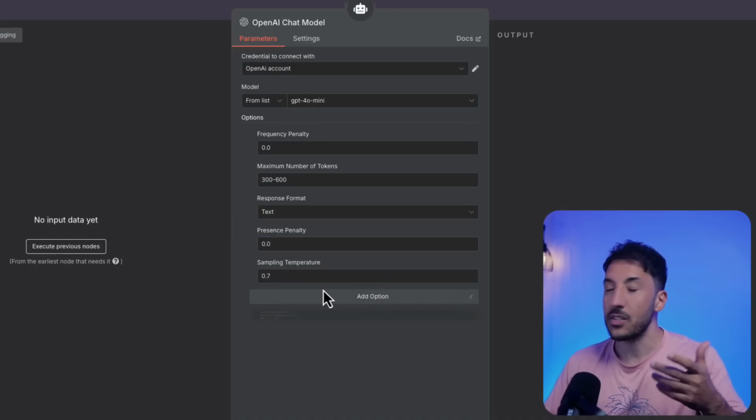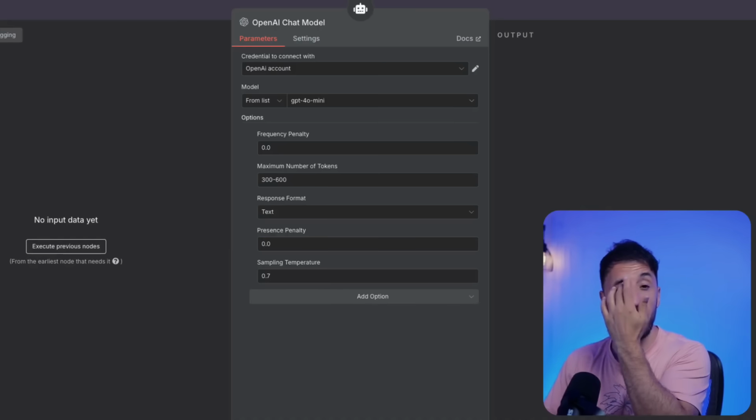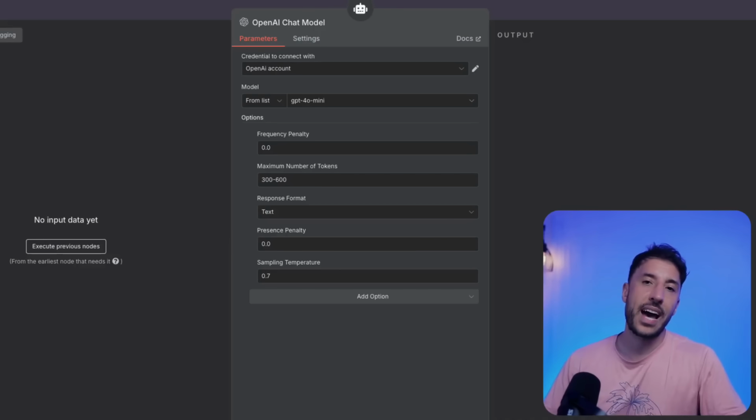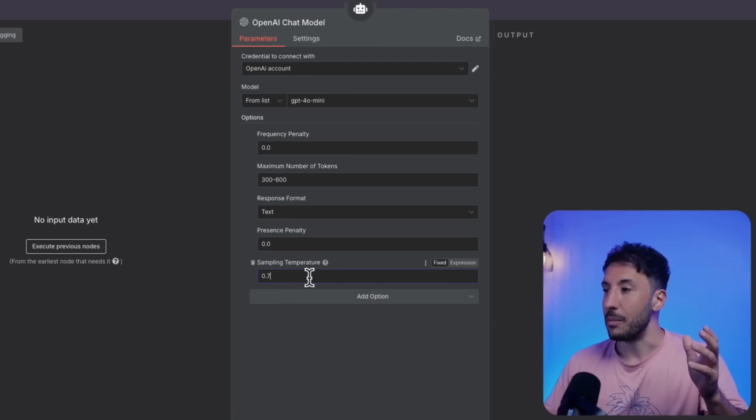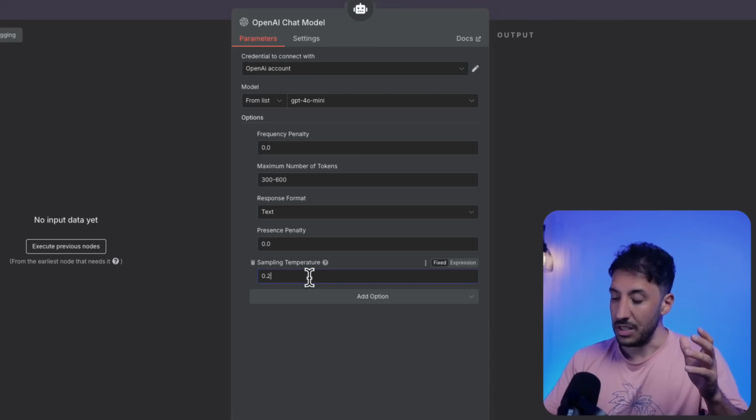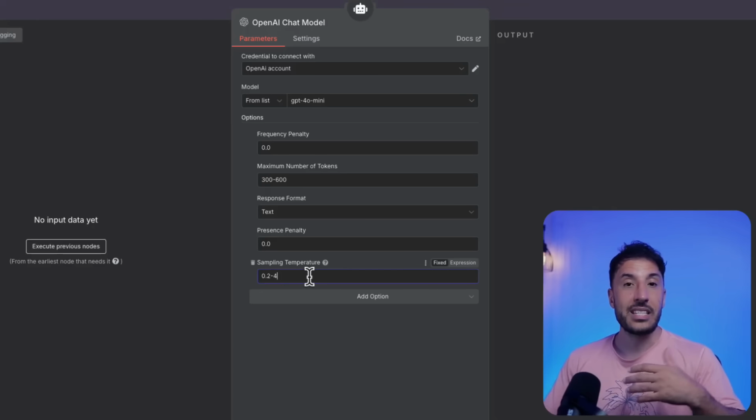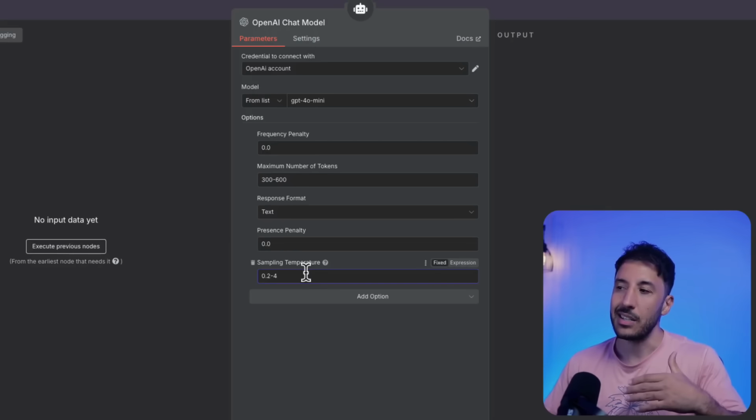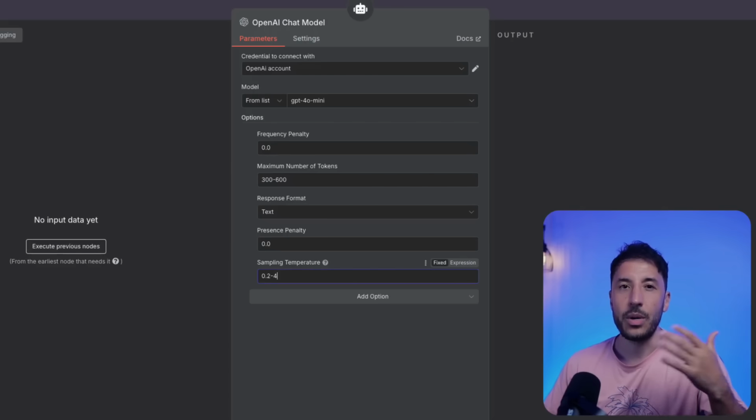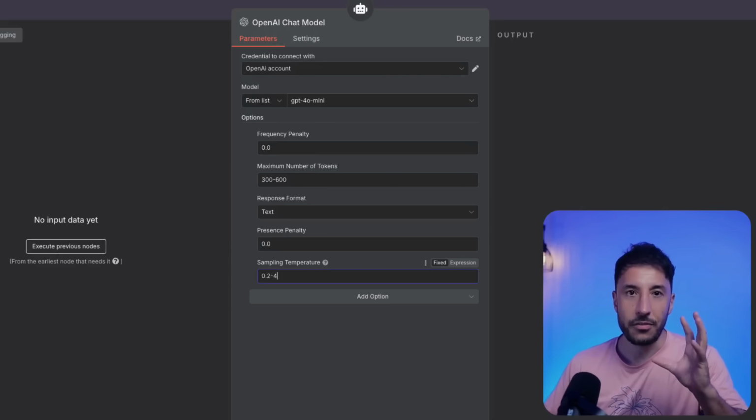And then the next one is called the sampling temperature. This is also a very important one. This controls how random or predictable the AI agent's output is. So if you put something low, between 0.2 and 0.4, this is for serious fact-based tasks. For example, if your AI agent is used in legal support or documentation, then you would set the sampling temperature lower, so that you have predictable and